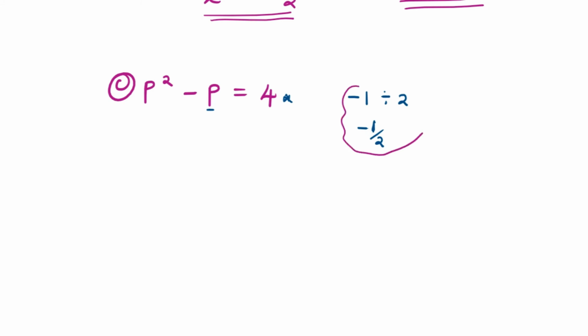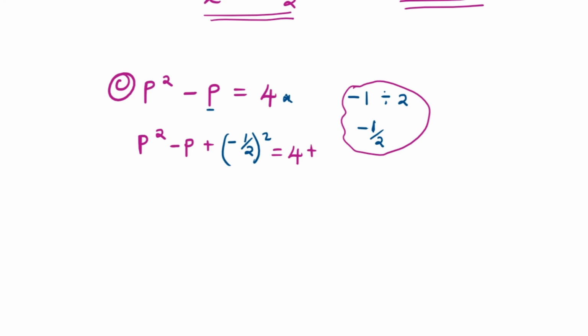This part is also important, but you don't need to write it in an exam. So p squared minus p, we are adding negative half squared this side, plus negative half squared is equal to 4